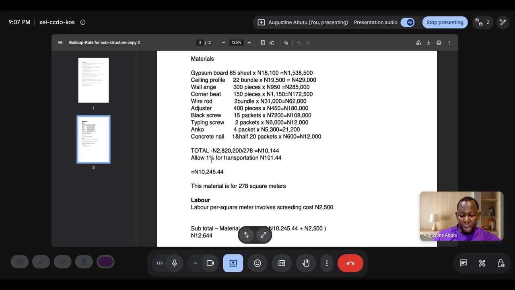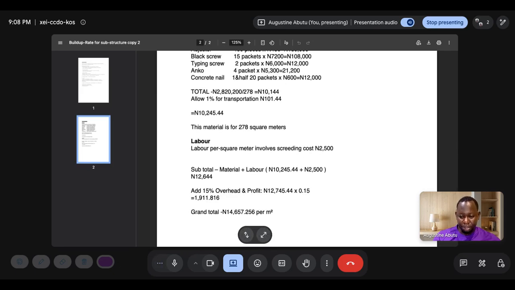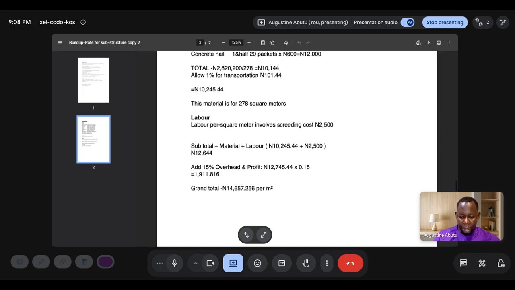Then we are making an allowance of 1% for transportation, which is 101.44. So once we add it together, it will give us 10,245.44. So we've gotten the cost for 1 square meter. Okay, then